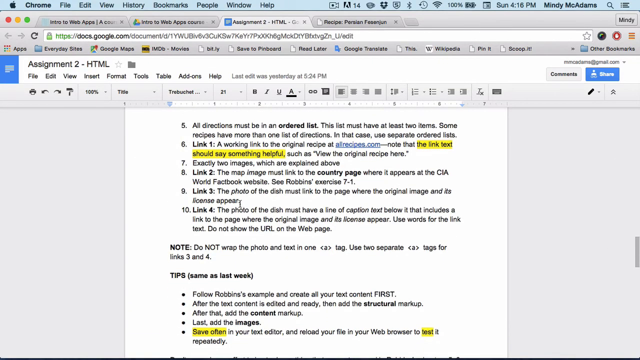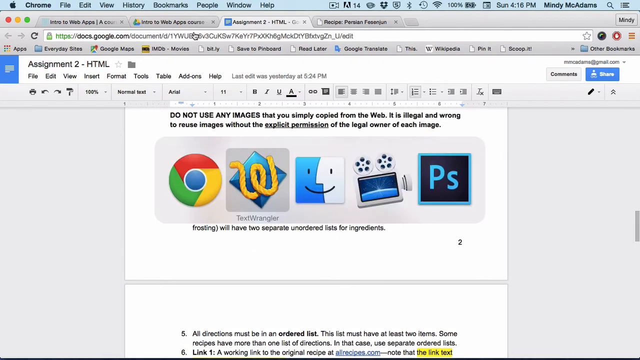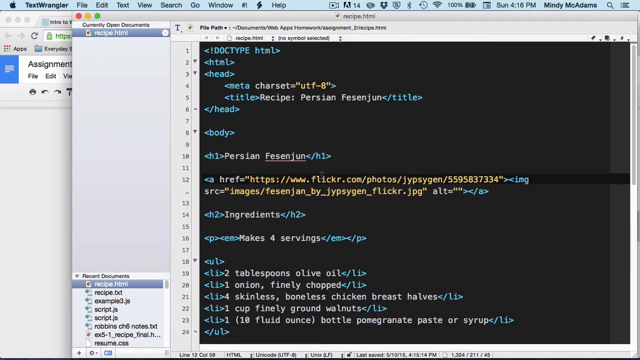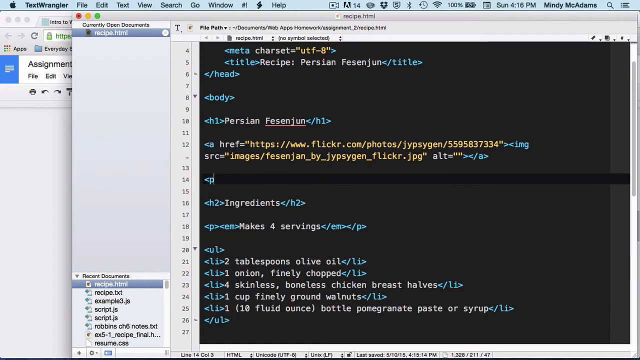It says the photo of the dish should also have a caption underneath that also includes a link that goes to the page, okay? So I am going to write some text to be professional about this, to make it look like a real thing. So underneath the image, I'm going to write a P,